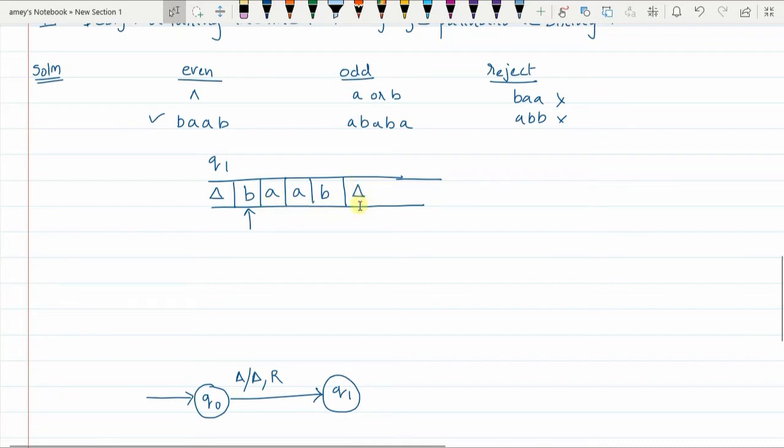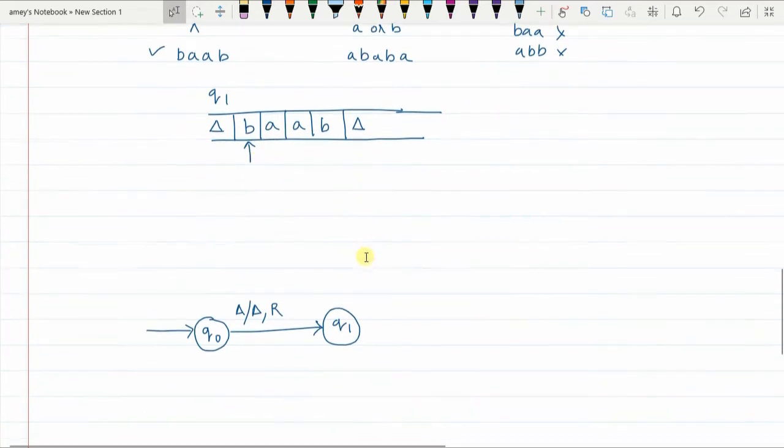Once I reach the end, I move the pointer one place to the left. Now I know that this cell is the last element of the string. If I started with B and that element is also B, that means there is a match. So I wipe this out also and then come back to the place from where I started.